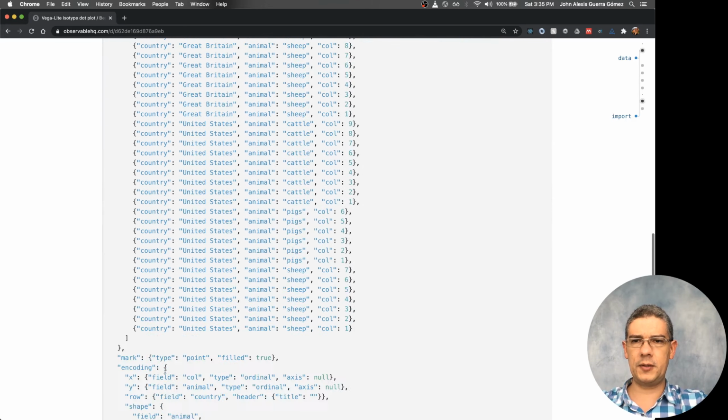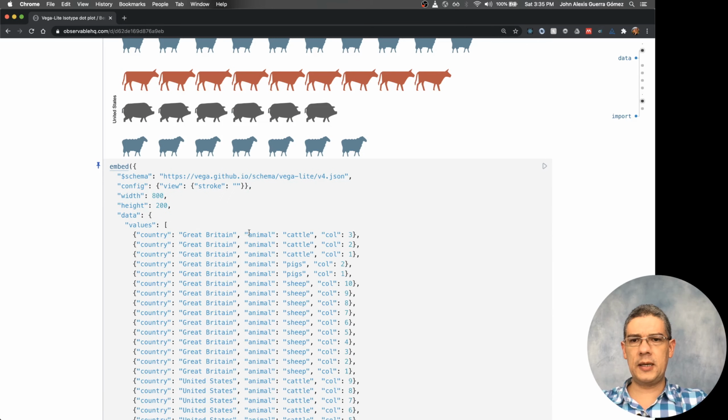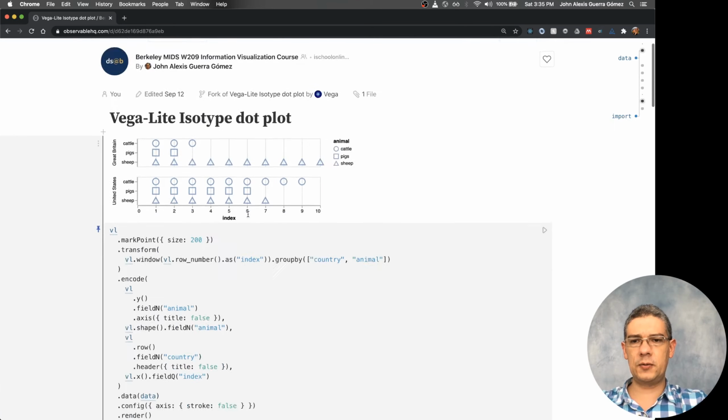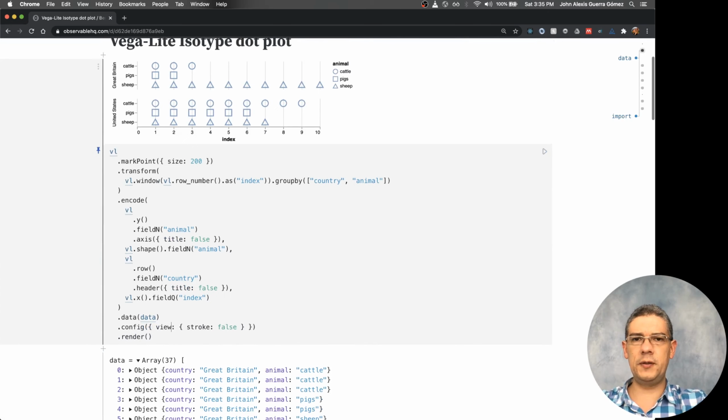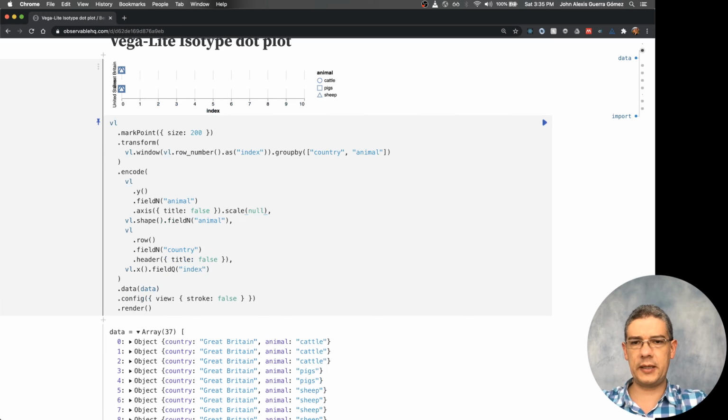In the configuration, the view has a stroke of null. So when you do that, then at least I'm getting rid of those elements. Like this index doesn't really make sense. So what you could do in there is as well say, you know what, I don't want any scale whatsoever. So I just provide something like this, or not the scale, but